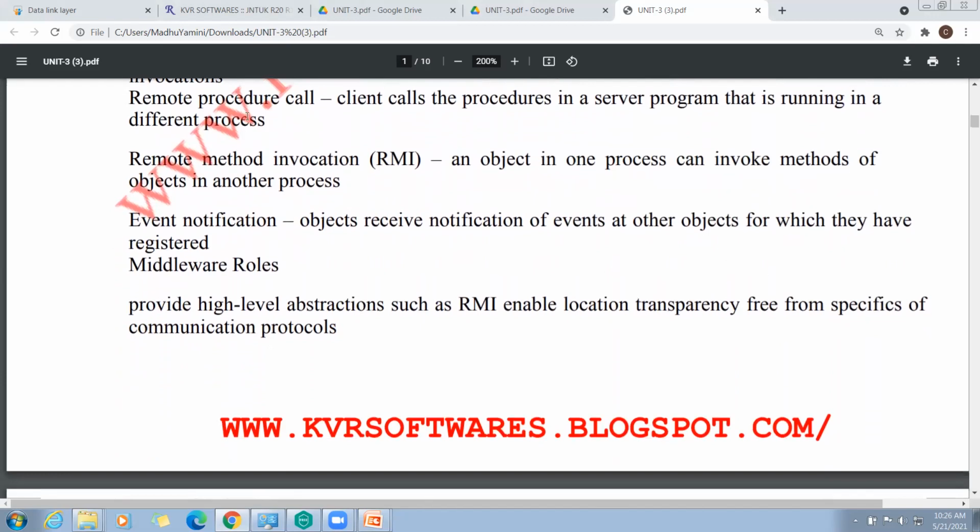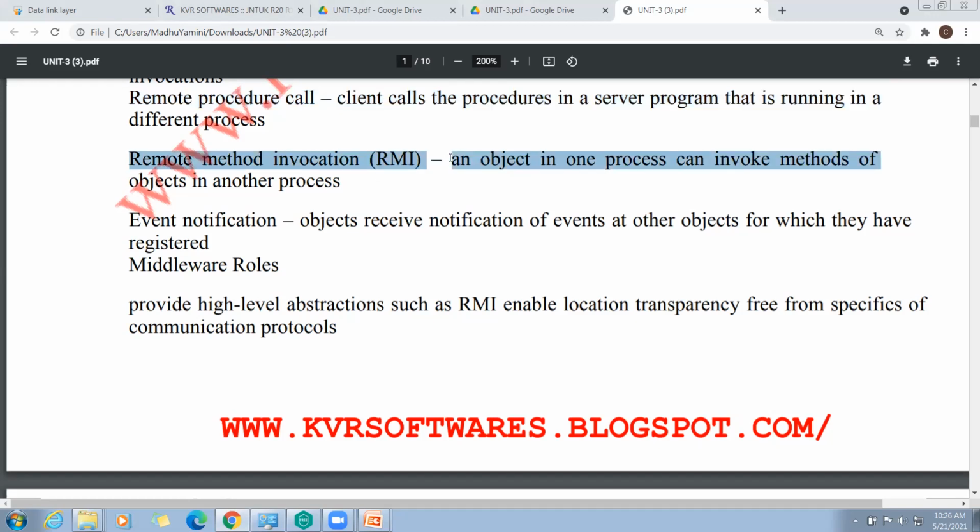Next, this is a remote procedure call. The client calls the procedures in a server program that is running in a different process. Okay, this is remote procedure call.